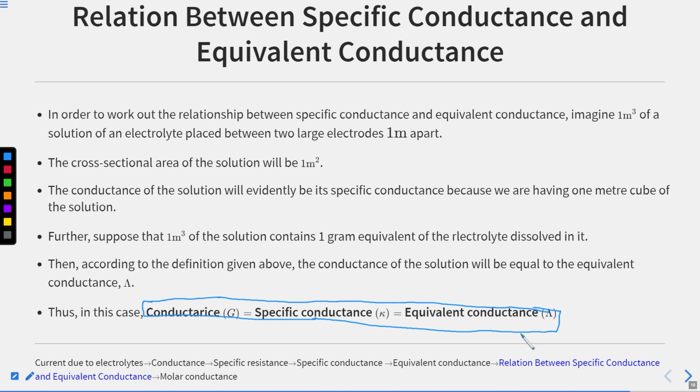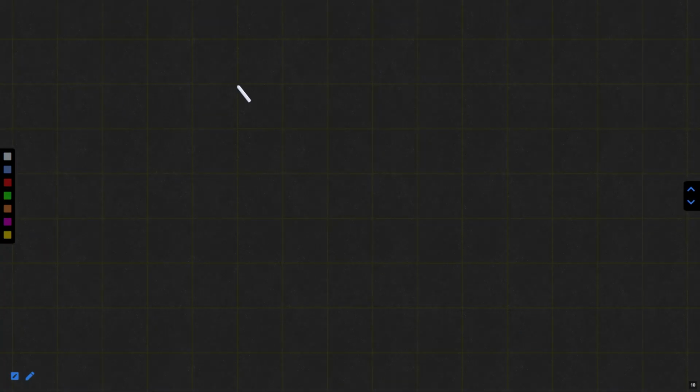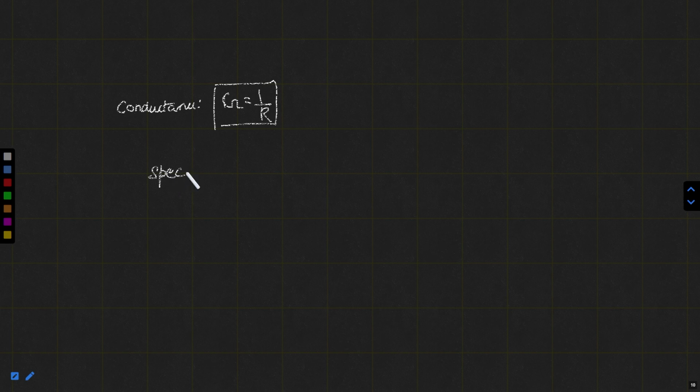Is this clear? Okay. So what we have seen till now, if we start from the beginning, we have seen formulas. I am basically telling you the formulas once again. The first one was resistance, and then we have conductance, and we have seen that G is equal to 1 by R. So this is conductance. Then we have seen specific resistance, which was